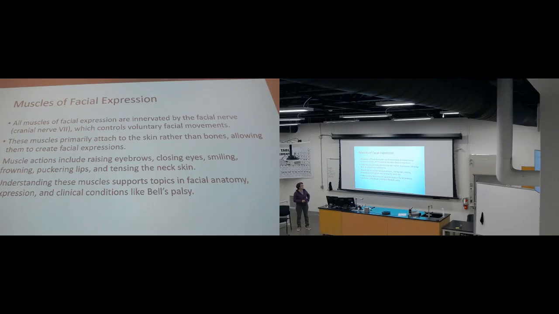So some of the actions include raising our eyebrows, closing our eyes, smiling, frowning, puckering the lips, and tensing the skin of our neck. And we will see some of these individual actions of these muscles,